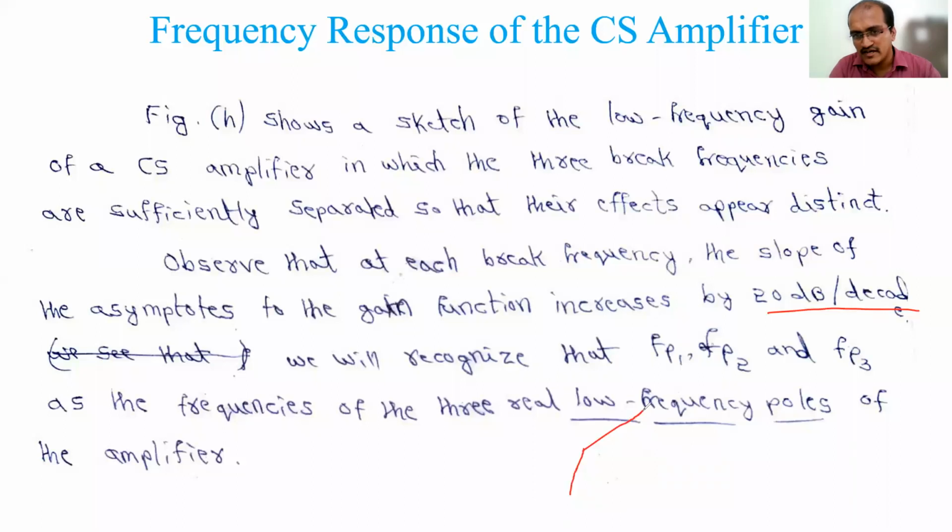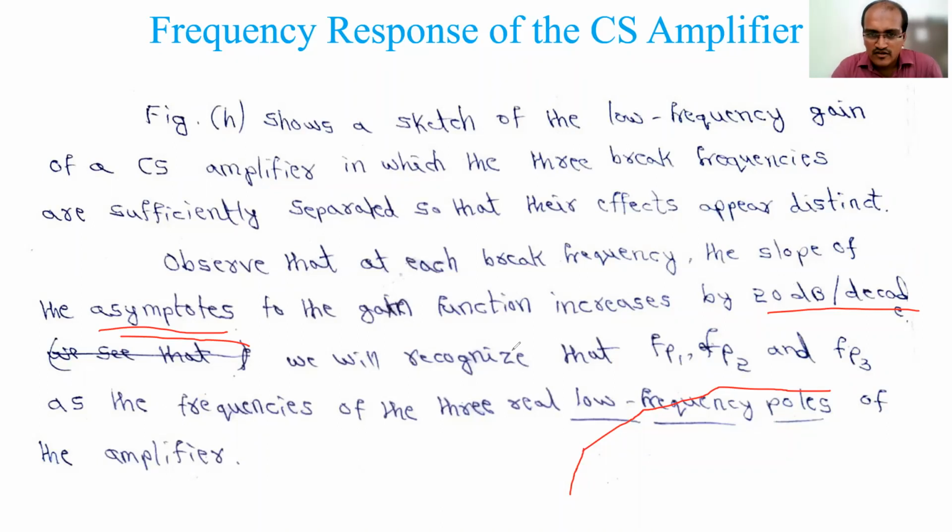Then again there is a 20 dB increase, so minus 40 plus 20 is minus 20. Like that, you get the next part of the graph. And finally, at this frequency, again minus 20 plus 20, so it becomes 0. That's why you have a mid-band gain which is flat. These asymptotes we will explain again with the root locus plot in control systems, and discuss how we got this 20 dB per decade.